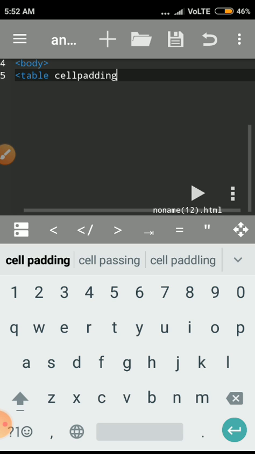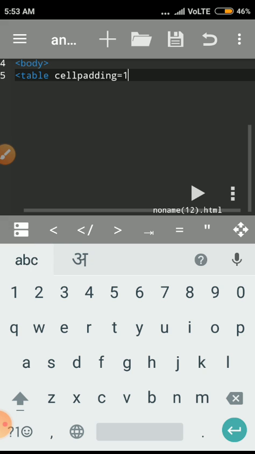Okay, the value of this attribute is indicated in pixels. So equal to 10. So it will manage the space between the cell border and cell data.